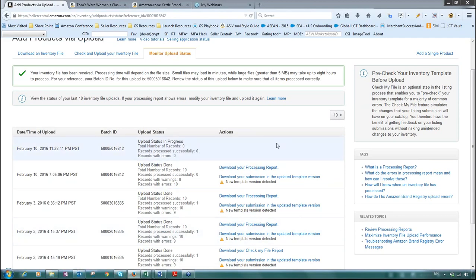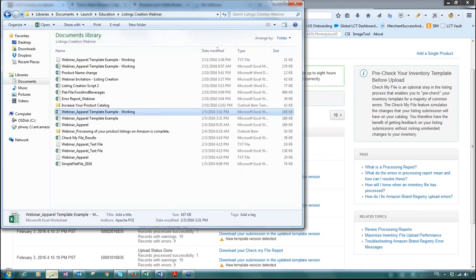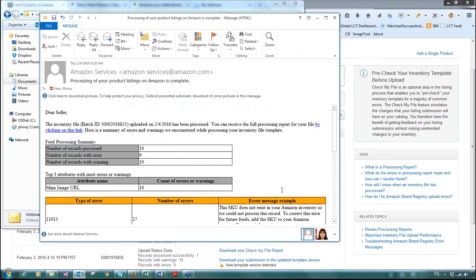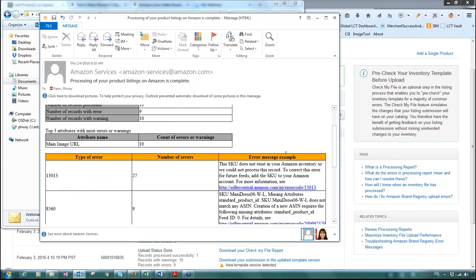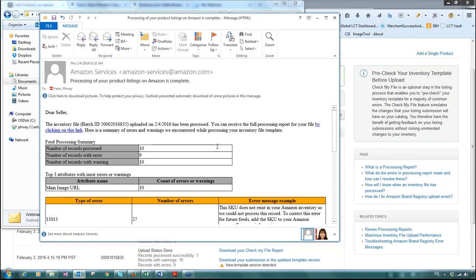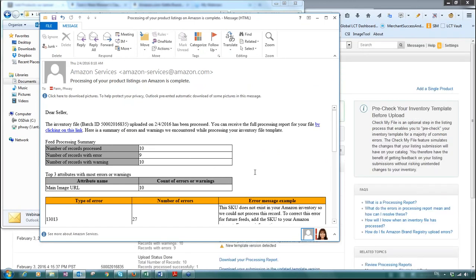Let me just open the processing report for you. So I already uploaded earlier today, and if you have signed up for the email alert, when it's complete, you'll receive an email like this. So this tells you how many records were processed, what the errors are, what the warnings are. So I got a lot of warnings, and this is expected because I pretty much didn't provide anything that is